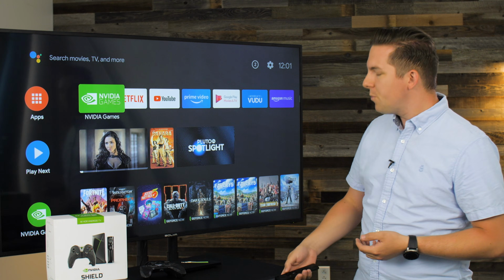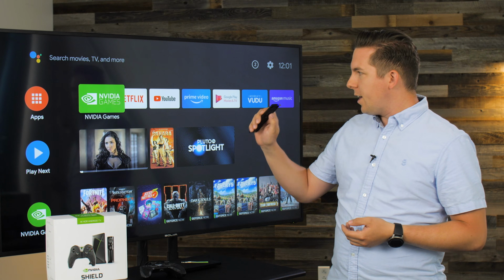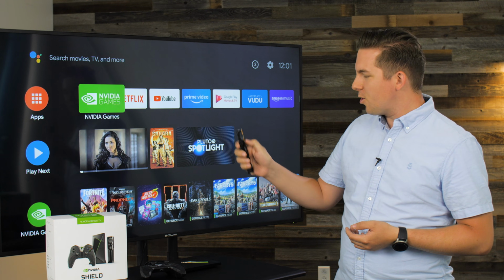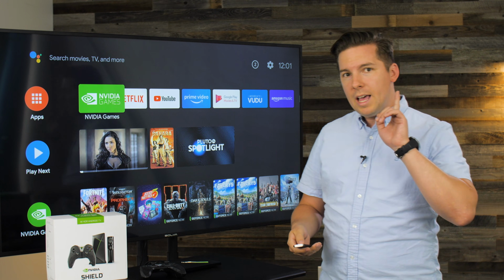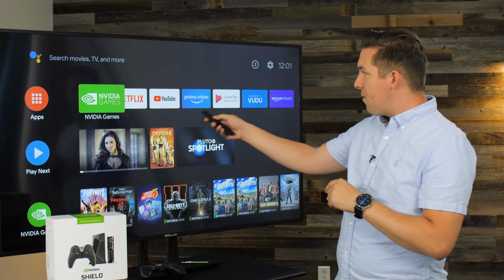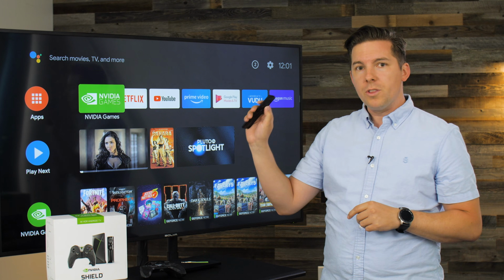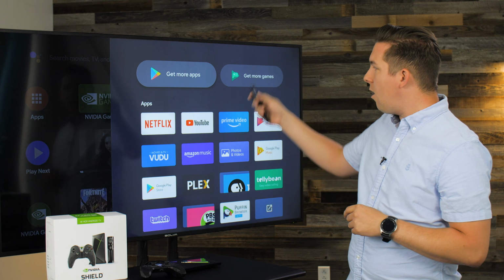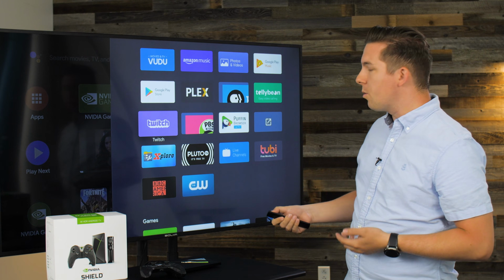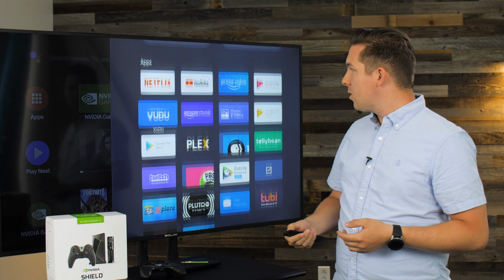I've done a bunch here. So to go to my home screen, I hit this button here on the NVIDIA Shield. The circle button takes me to my home screen. So I've got all my apps here. This is my favorite apps, I should say. If I hold that circle button, it will show me all the apps I have downloaded, so we could go through it that way and take a look at these.